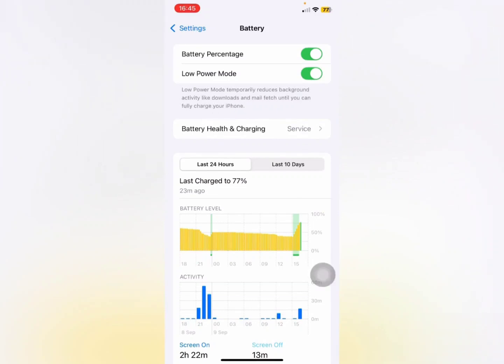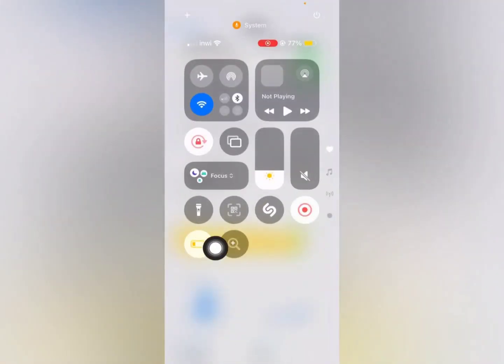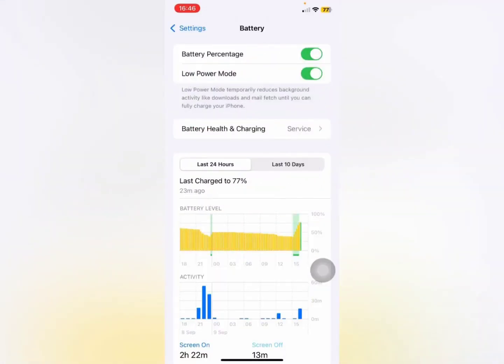And if you want to turn off low power mode, you can simply pull down the notification bar from the very top of your screen, and you can easily control this button without going into the settings. Personally, I frequently use this incredibly useful feature to help conserve battery consumption and extend the life of my